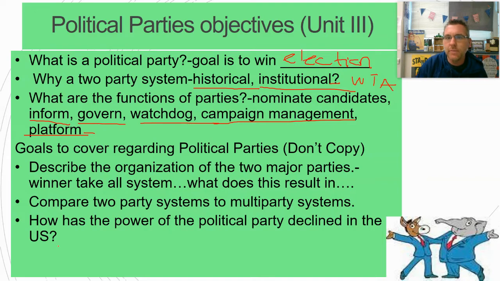That's a running theme that we talk about in AP Government: how political parties have lost power. One of the main reasons is that we don't emphasize the power of the party as much as we do the candidate when it comes to a presidential election. The party does not really pick the candidate anymore. We have primaries, caucuses, and local state elections that determine who the nominees are for both parties, as opposed to the powerful party leaders making that decision.